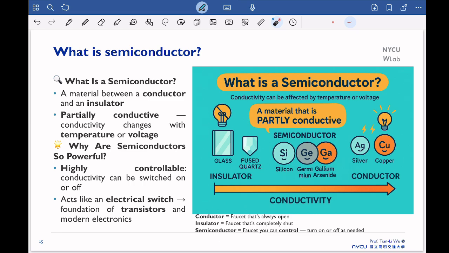So semiconductor is actually, I think everyone's here. For this camp we have 4 different groups, and 3 groups are mainly provided for local students, and only 1 group is provided for international students like you guys. For you guys, English is not a problem, so you can probably already guess